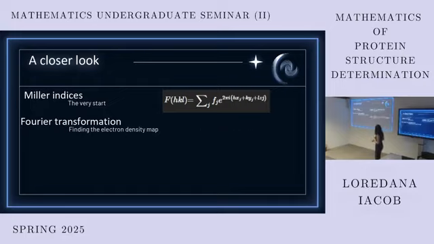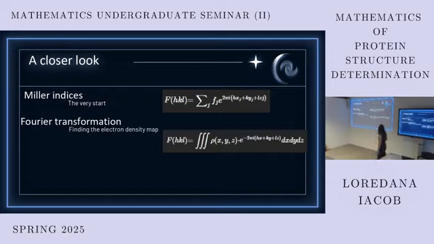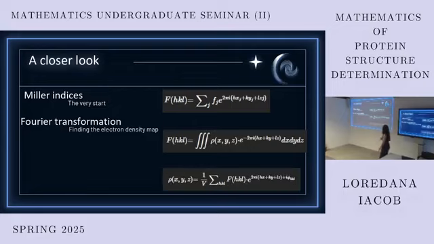This formula can also be written this way, where this is the electron density map, and doing then an inverse transformation, we get the electron density map. It is 1 over the volume of the cell times this sum. But in this sum, we have this term, i times theta HKL, and we don't know this. This is the phase of the wave